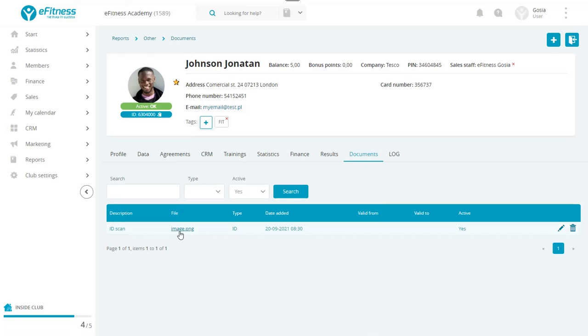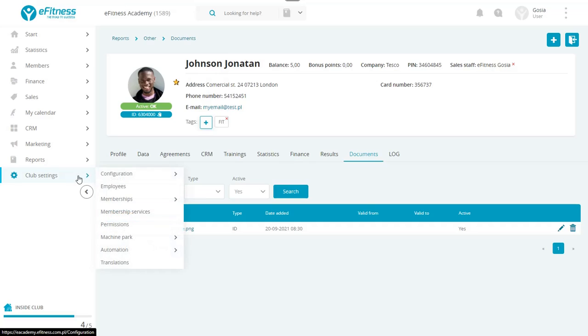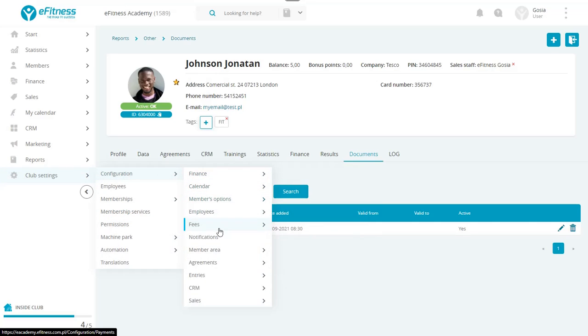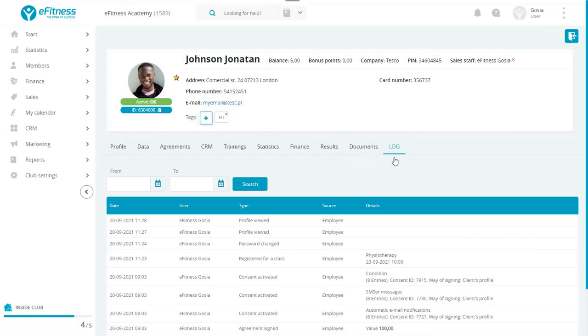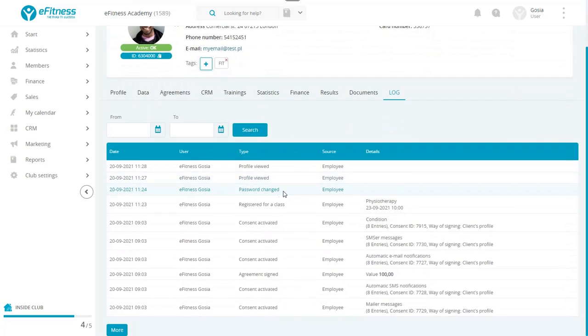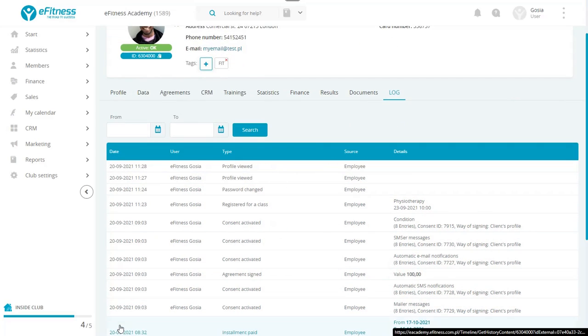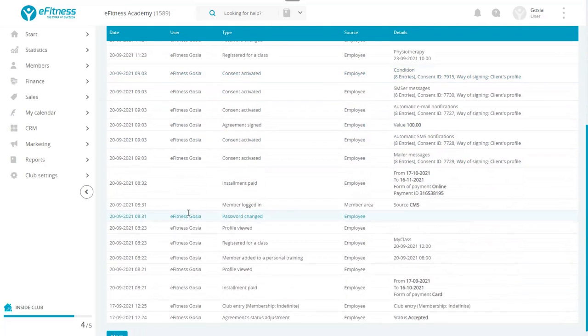The already existing documents can be previewed, edited, or deleted. The types of document can be defined in the CLAP Settings, Configuration, Agreements, Document Types tab. The Log tab lets you preview all the actions performed on the profile, for example, installment payments or profile addition. Empty user field means that the member has acted for the use of the member area or the system performed automatically. An example of such action is an automatic credit card